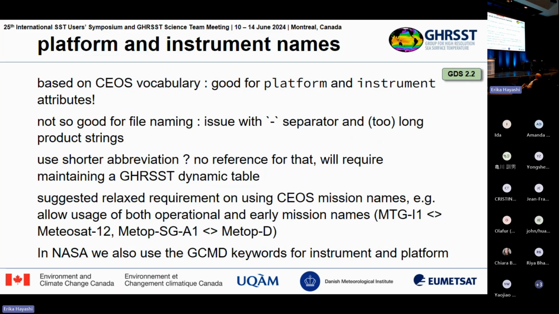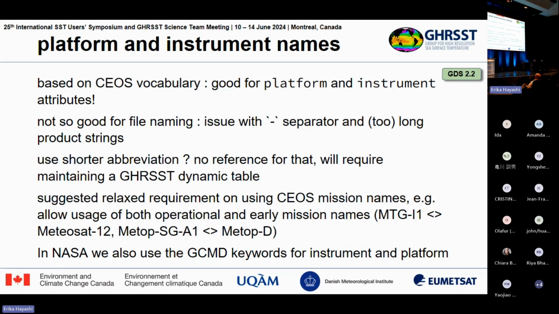The problem is that the full name of the mission sometimes introduces weird characters like dash separators, or it results in too long product strings. So it's very good to have in the internal attribute the full and accurate name. But in the file name, maybe we need to think about using abbreviations to avoid these issues,